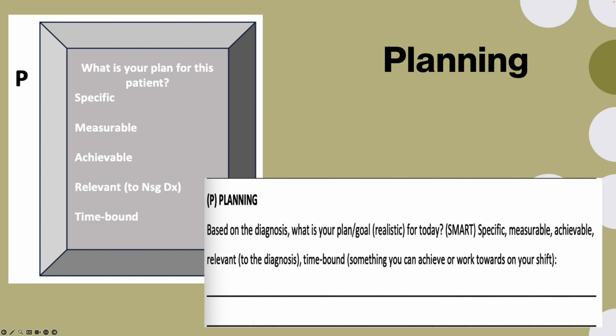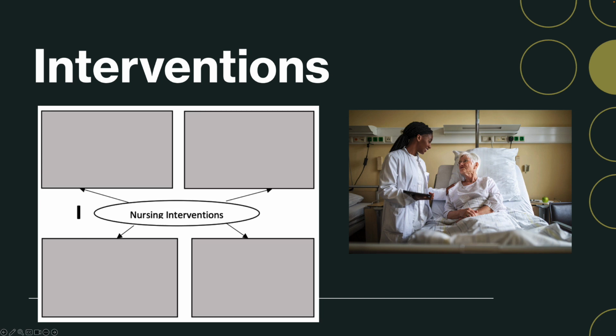So the little box on the left-hand side in the mind map just helps you use the tools that are in front of you to figure out what the best plan would be for this patient. It all needs to align: your assessment, your diagnosis, your plan, and then next your interventions all need to align with your assessment and your diagnosis. So we've assessed, we've analyzed, we've diagnosed, we've planned, and now we're intervening. This is where we work towards fixing the issue we identified in the patient.